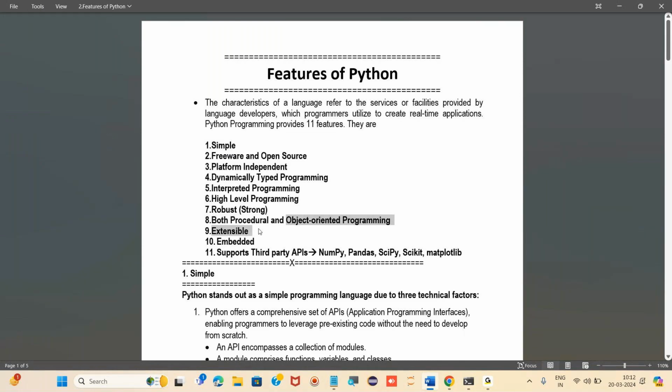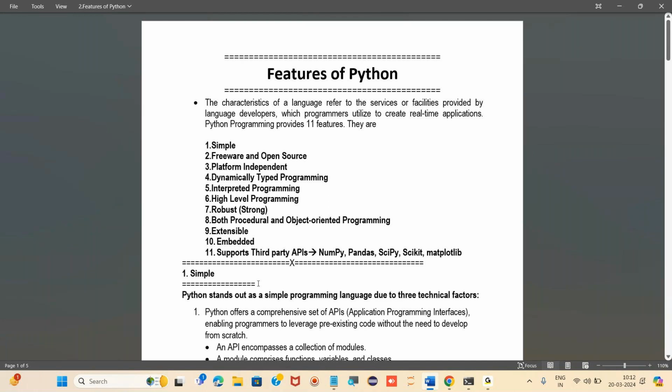It is also known as extensible programming language, right? It is also embedded programming language, right? And also it supports some kind of third party APIs like NumPy, Pandas, SciPy, Scikit, Matplotlib, right? Python has its own APIs also. We'll see later on, right? So one by one, we are going to see the features of Python, right?